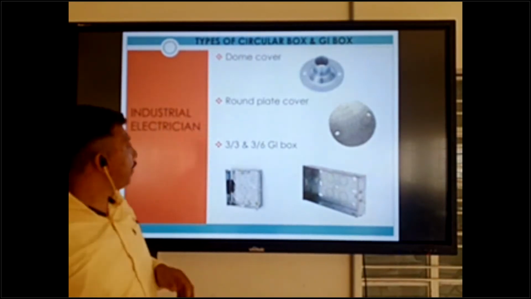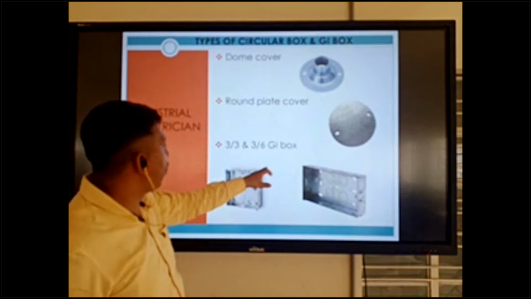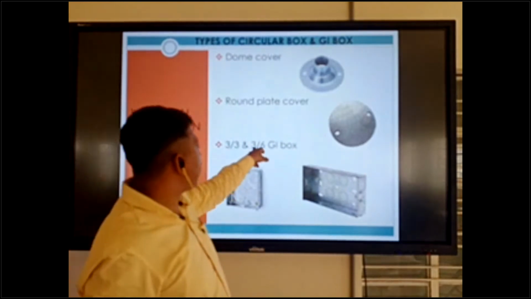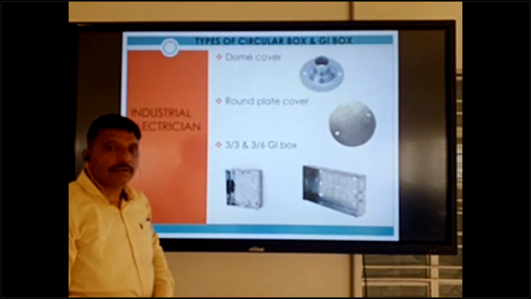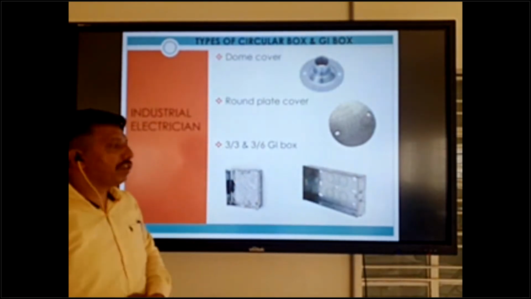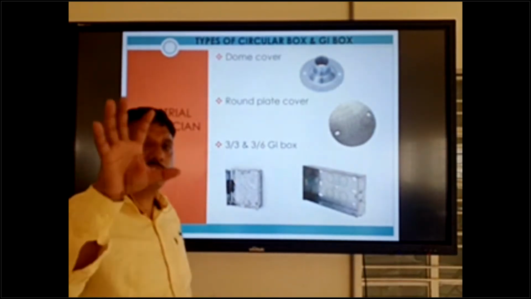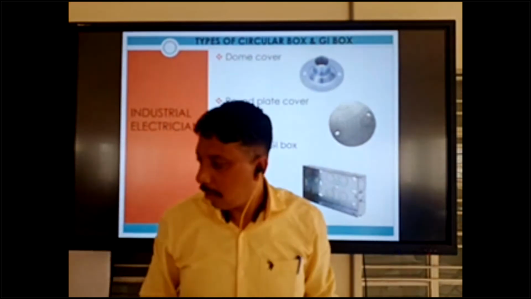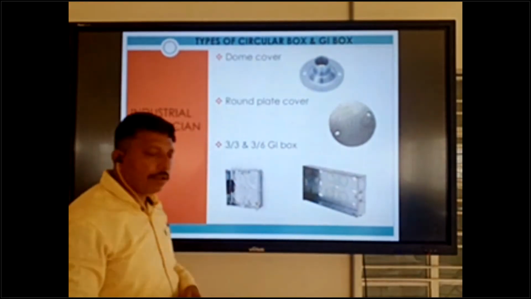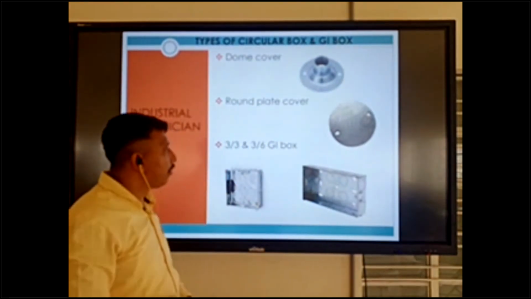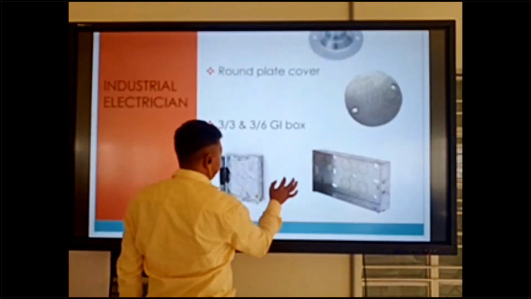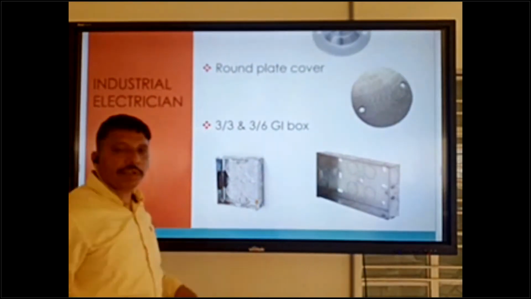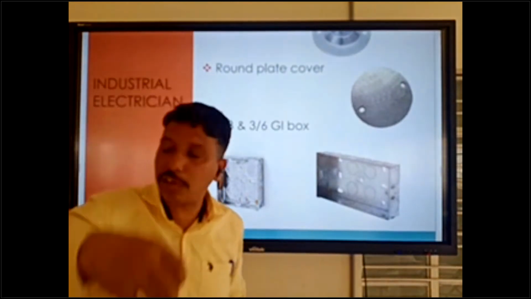Okay, and next one is round plate cover, 3x3 and 3x6 GI box. So this is used especially at switch fixing time. 3x3 GI box we can use for a single switch fixing.